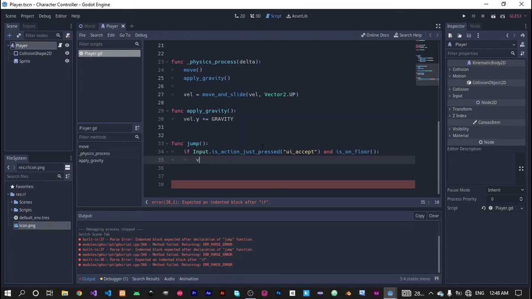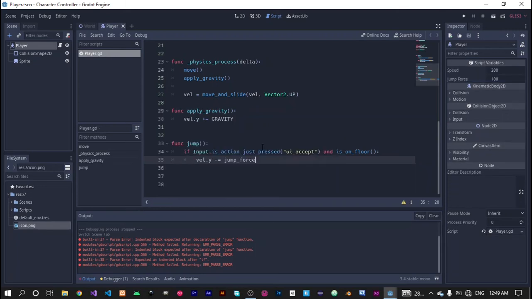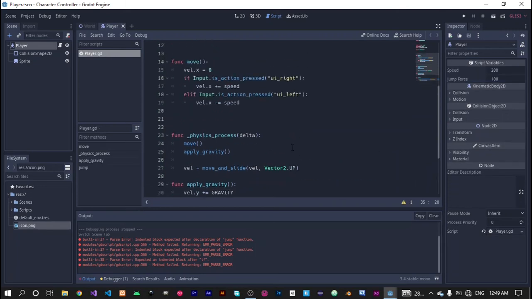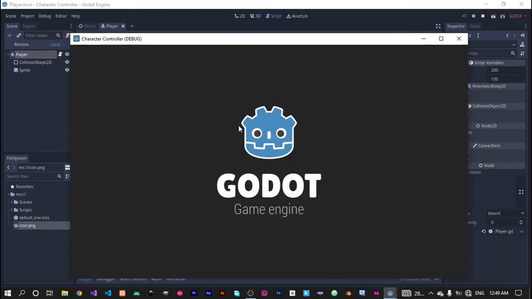So let's do that. velocity.y minus equals our jump force. So let's call our jump, it's only jump. Okay, as you can see,